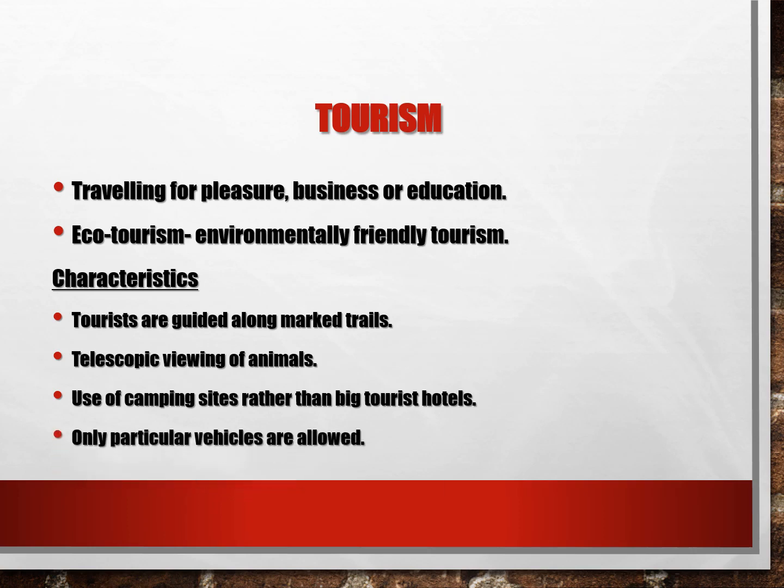Now, only particular vehicles are allowed. We avoid too much pollution, so heavy vehicles or vehicles that will produce a lot of wastes will tend to be discouraged. So we do not use heavy machinery when we are practicing ecotourism. So those are the characteristics of what we are calling ecotourism. Anything that is eco should be encouraged, and every other student that is a good geography student must be a steward and must preach the gospel of taking care of the environment. That we should never forget.